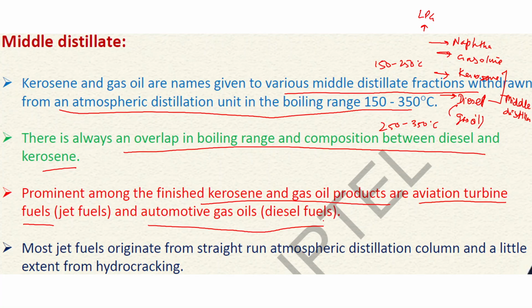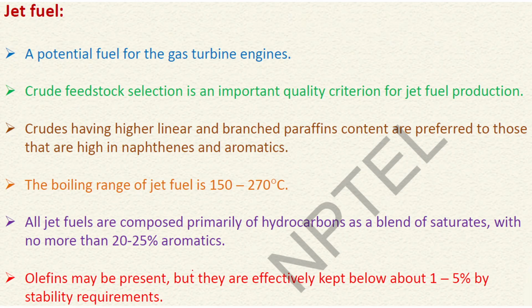So most jet fuels, this aviation turbine fuel, originate from the straight run atmospheric distillation column, which is kerosene. High grade kerosene is taken as ATF, that is aviation turbine fuel, and a small extent is also taken from the hydrocracking unit. Coming on to the jet fuel, it is a potential fuel for the gas turbine engine. Crude feedstock selection is an important quality criterion for